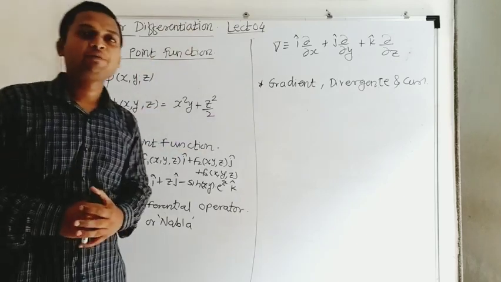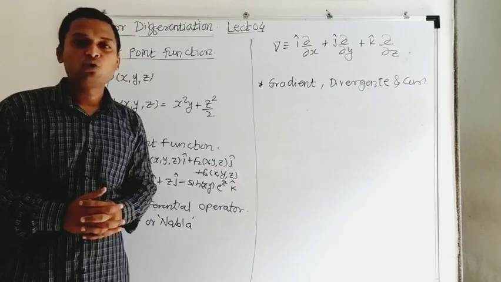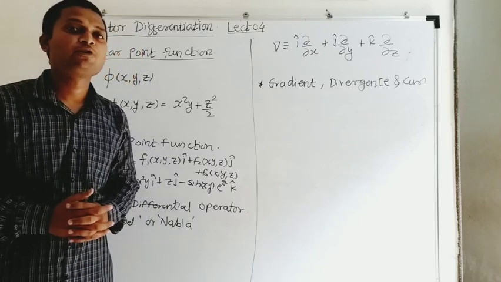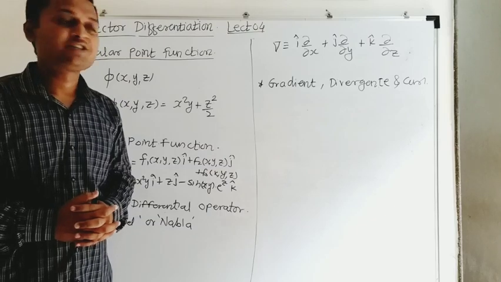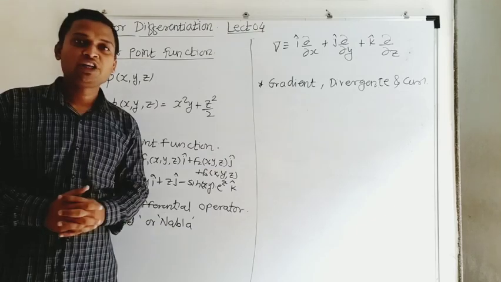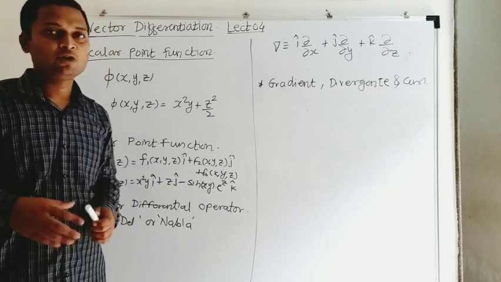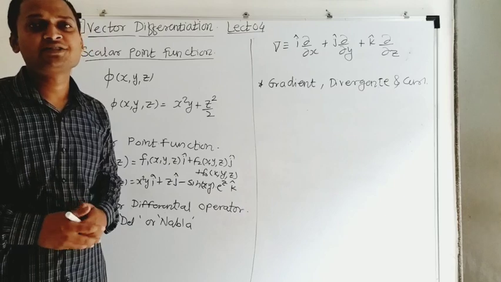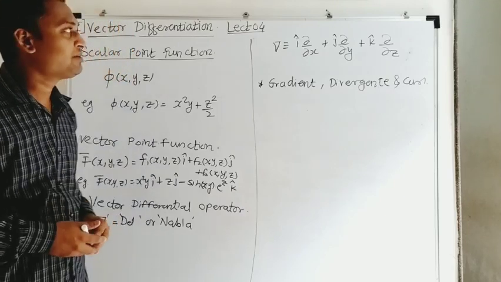In the previous lecture we discussed differentiation of a vector function, how to differentiate a vector function, and the rules of differentiation. We also discussed a few examples related to the differentiation of vector functions. Now in this lecture we are going to see the next definitions which are important for the coming topics like directional derivatives, scalar potential, vector identities, etc. And these are the key points of unit number 1.